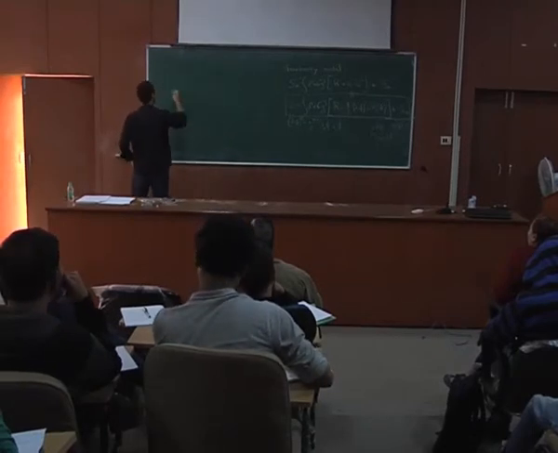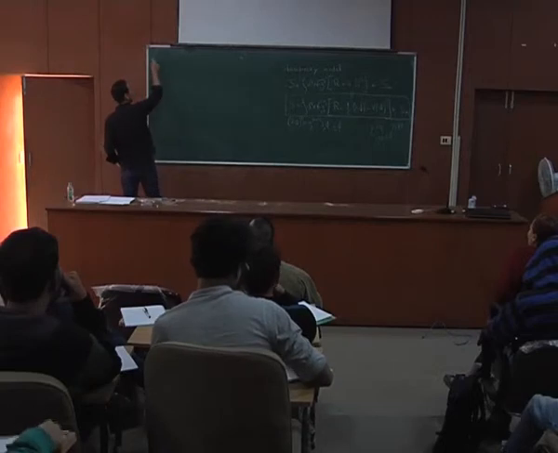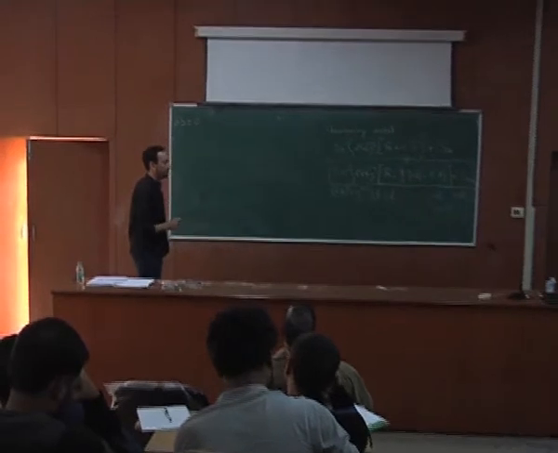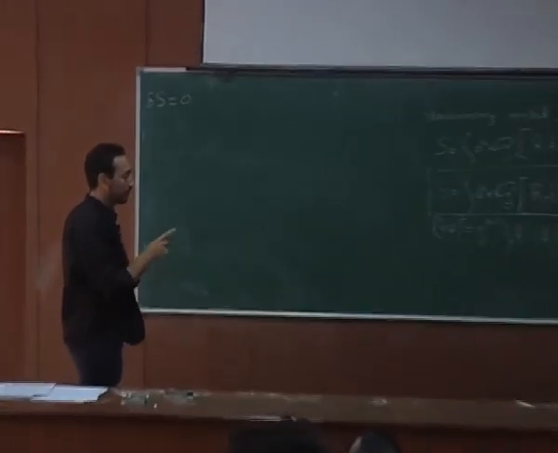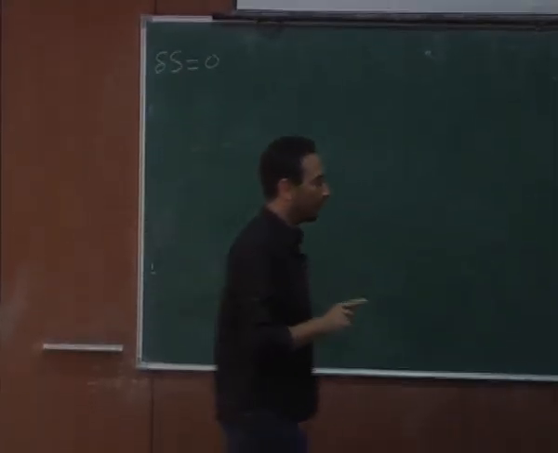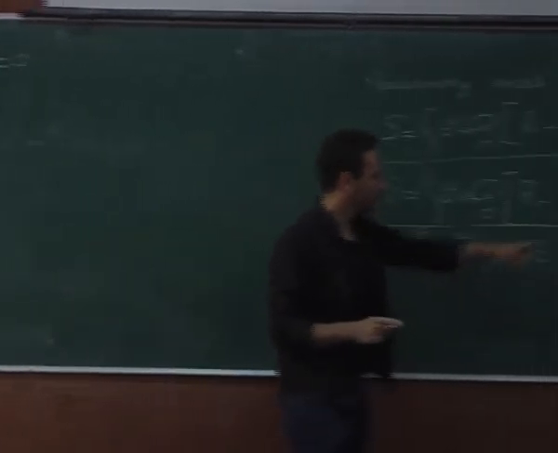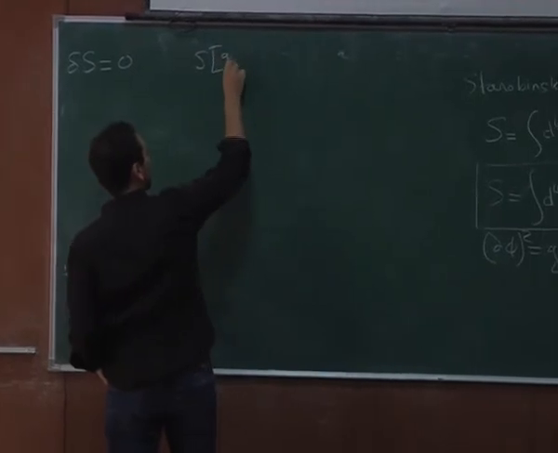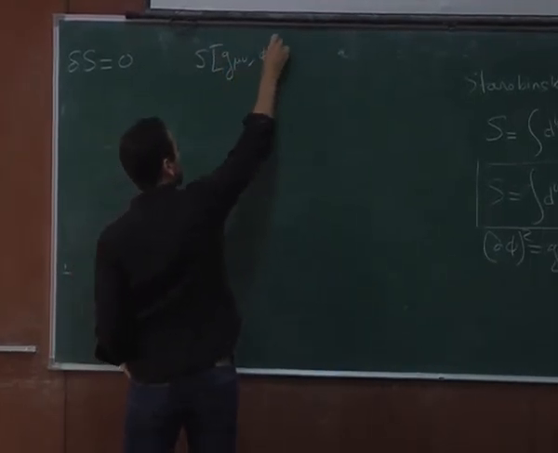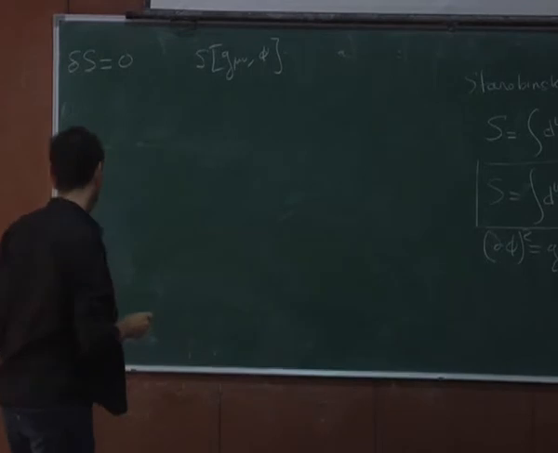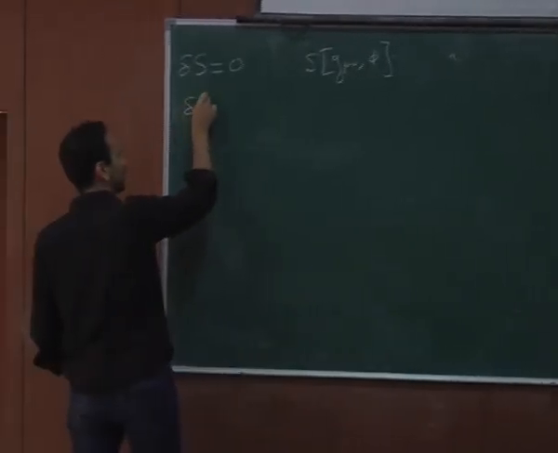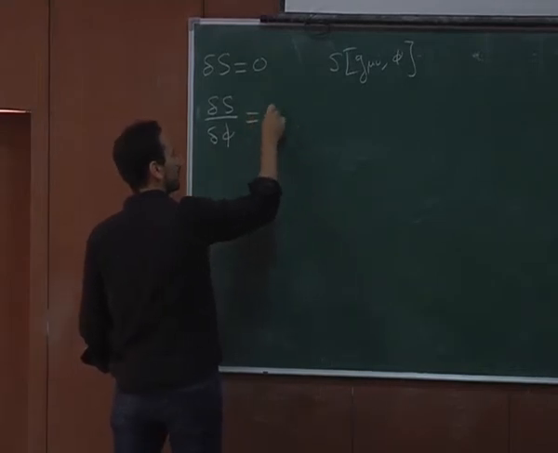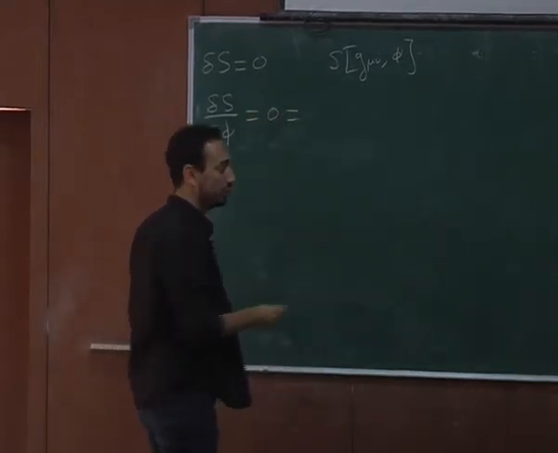So you have this action there, and I'm just going to make the variation of it 0, like this morning, to get the Einstein equation. But I have two fields now. One is the metric, and one is the scalar field. So my action depends on the metric, and it depends on the field. So I'm going to do the variation with respect to the scalar field. To the metric will be simple also. So if I do the variation of it,